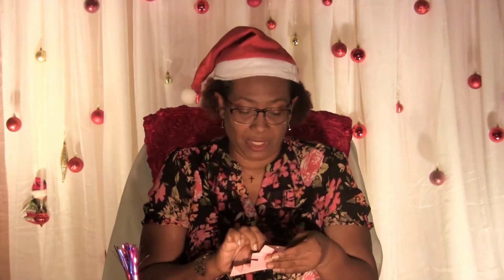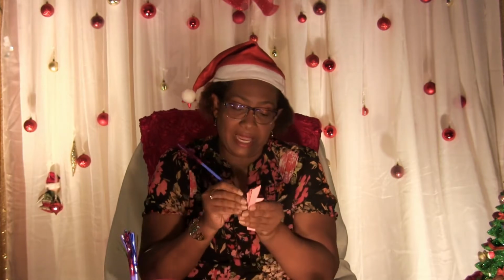So now what we're going to do is to put our straw. Now I have some fancy straws, but you can use regular straws at home. These straws have a little design to the top, like a party design. And what you're going to do, if you have a plain straw, you start at the bottom and you press the straw straight through. But because I have this design to the top, I'm going to go from the top. And then I press my straw